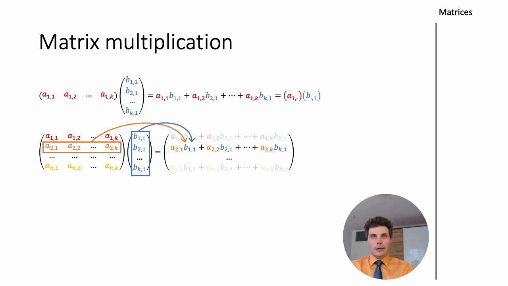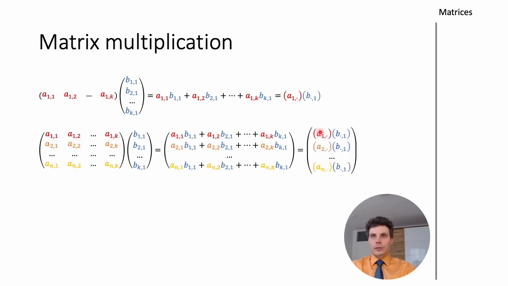And in a compact form, this can be written like this. It's just the matrix that consists of only one column so far, whose elements are the products of the type that we introduced above. The multiplication of the first row by the second matrix, the second row by the second matrix, and so on. Now let's make the last logical step and see how to multiply matrices of different sizes